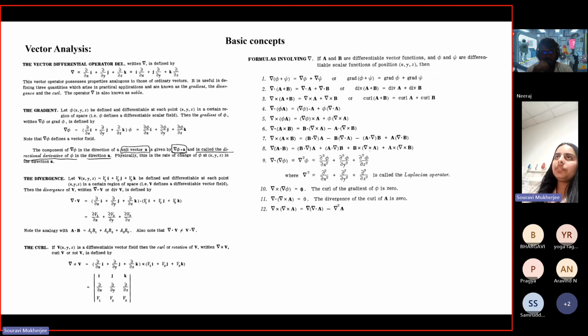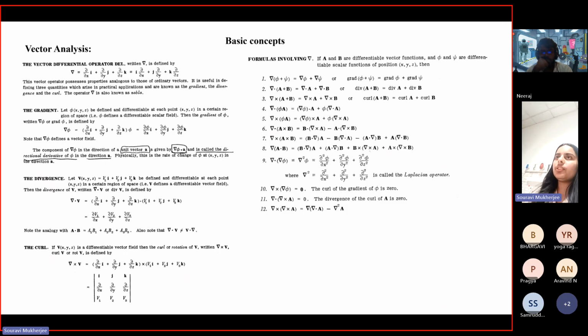Now if you have a field, either a scalar field or a vector field, how do you define it, or how do you characterize a field? There come these different operators. You have the del operator, which in rectangular coordinates is defined as del/del x i cap plus del/del y j cap plus del/del z k cap. This operator can be used in different ways depending on what kind of field you have, and accordingly you can get different information out of it.